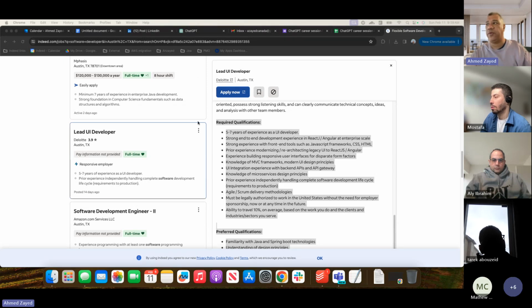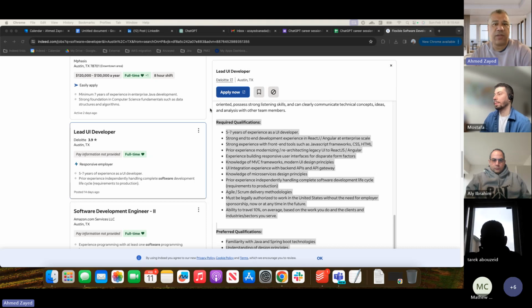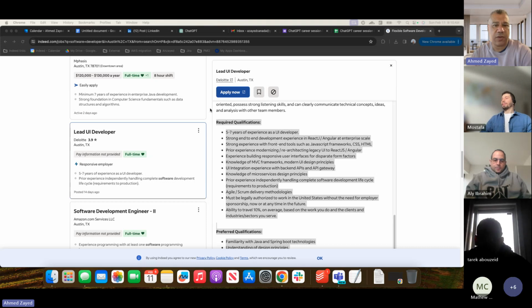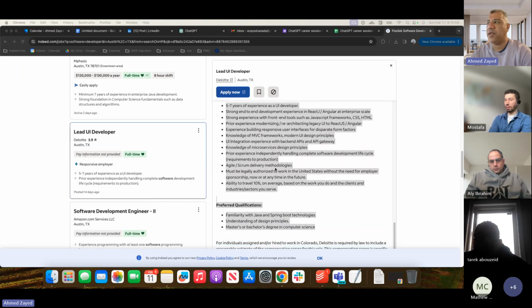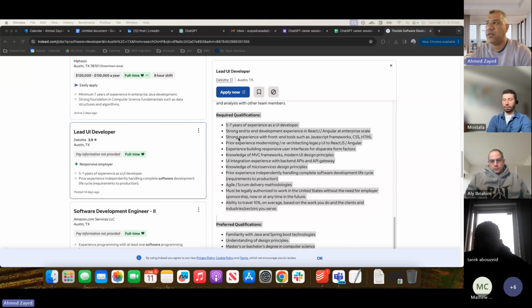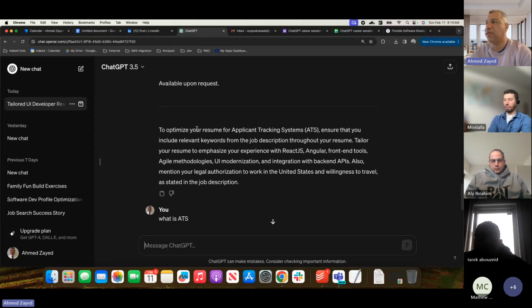So if you want to get results from your resume, you have to tailor it to every job. If you don't tailor it, unfortunately, chances are that you will get that automated email: sorry, you are not selected, we've been taking other candidates, and so on. So how to do this using ChatGPT is, again, by copying this job description and saying to ChatGPT, act as